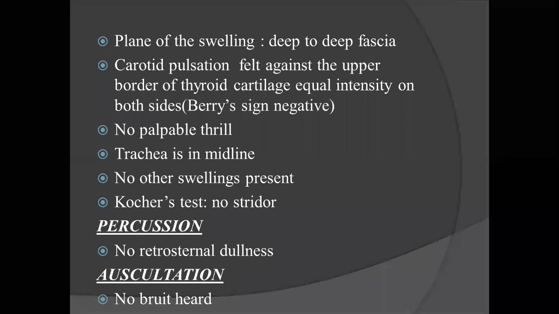In short neck individuals, normally you may not be able to see the swelling properly. In those cases, in Pizzillo's method, you extend the neck by stretching it. By doing this, you are extending the neck space so that the thyroid can be visualized very clearly. That is how Pizzillo's method is used. So plane of the swelling, why would you ascertain it? Which is very, very important. When the swelling moves with deglutition itself, it is attached to the laryngeal apparatus. That means the swelling is possibly arising attached to the trachea or laryngeal apparatus. It could be thyroid or a pretracheal lymph node only, which can move with deglutition. Other swellings will not move with deglutition, right?